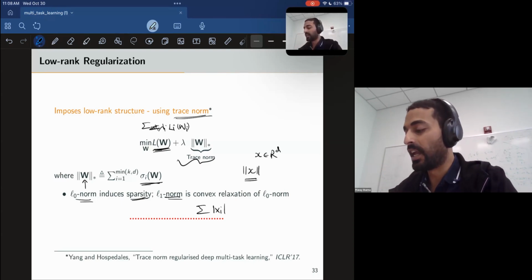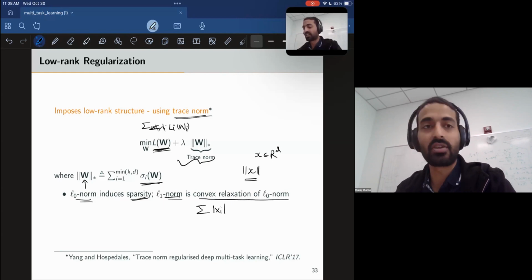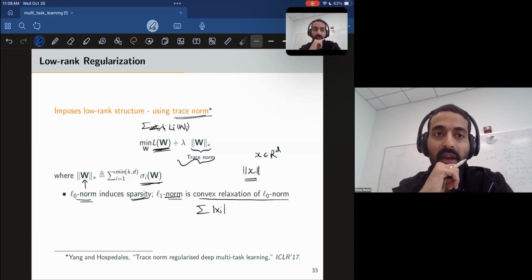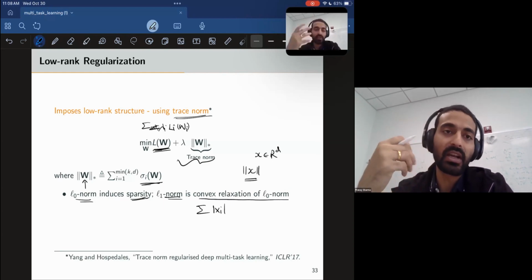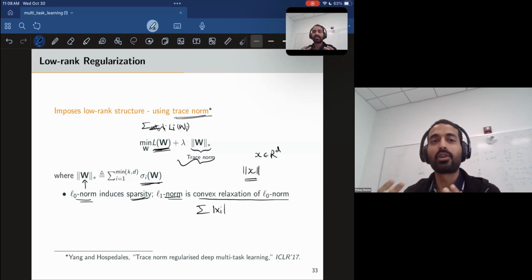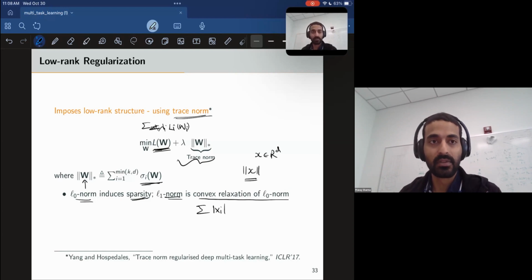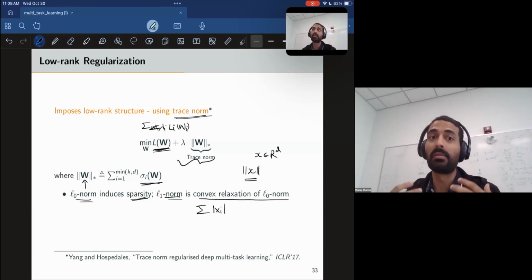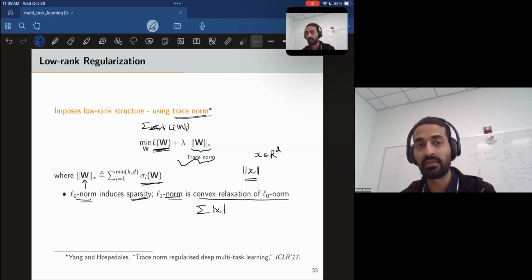It turns out that L1 norm is a convex relaxation of the L0 norm. And the advantage of being a convex relaxation is you can do some theory. The computation is much simpler. Also, it is a good enough approximation. So like the relaxation, it's an approximation, but it is convex. So it is computationally good. It is theory wise good, and it works well in practice.